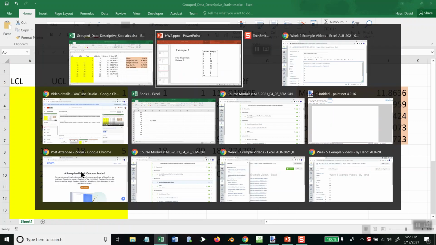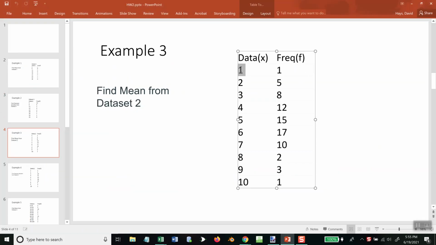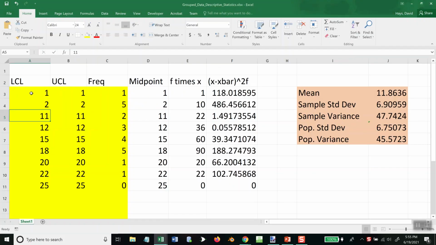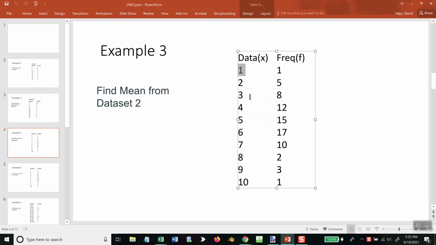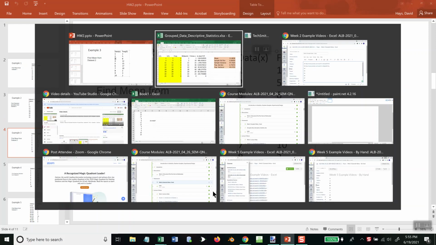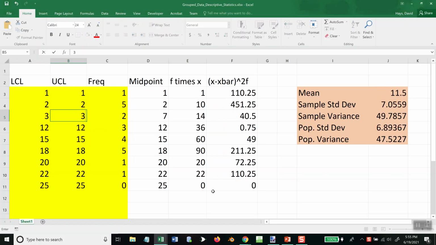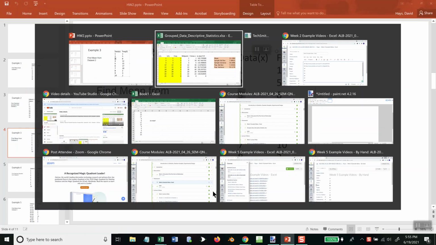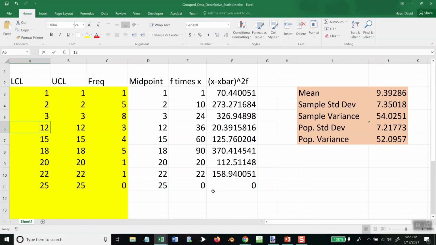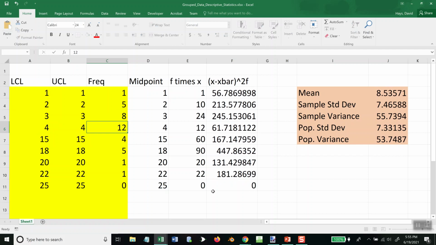Now notice what I'm doing. Since that one only appears once in the data, you have to put it in both the lower class and upper class. The next one is 3, so put it in lower class and upper class, and our frequency is 8. 4, 4, 12,